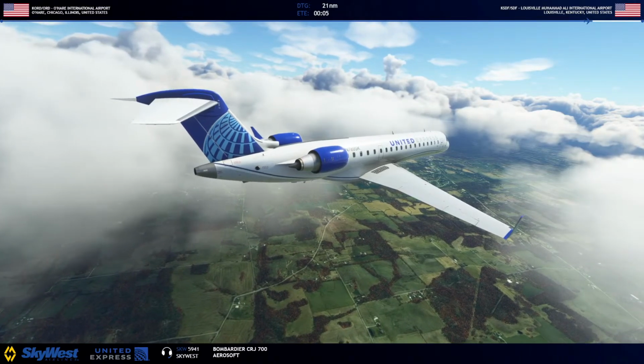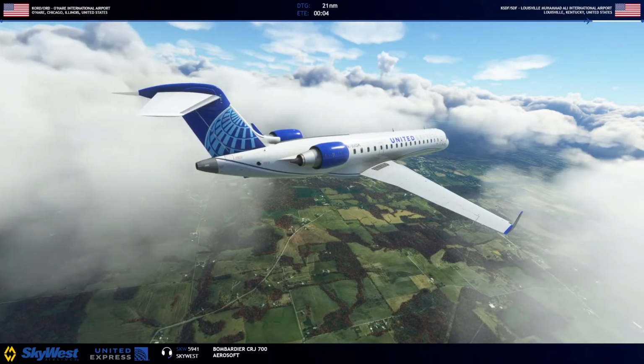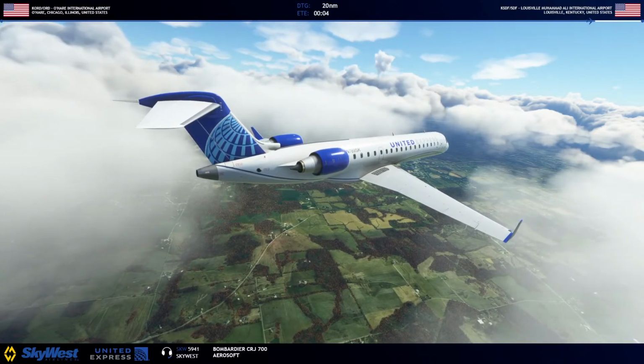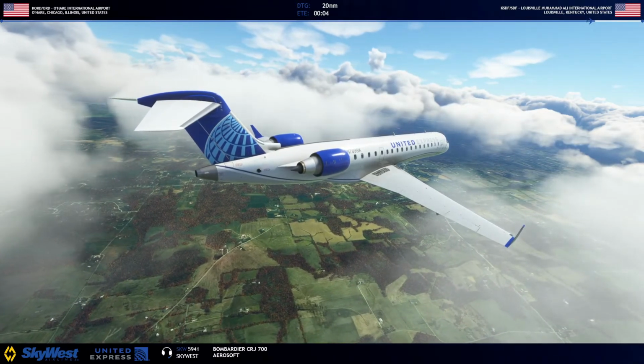Southwest 3214, within 3,000. Fly over southern Indiana. Southwest 3214. November 306 flight ahead, continue to climb